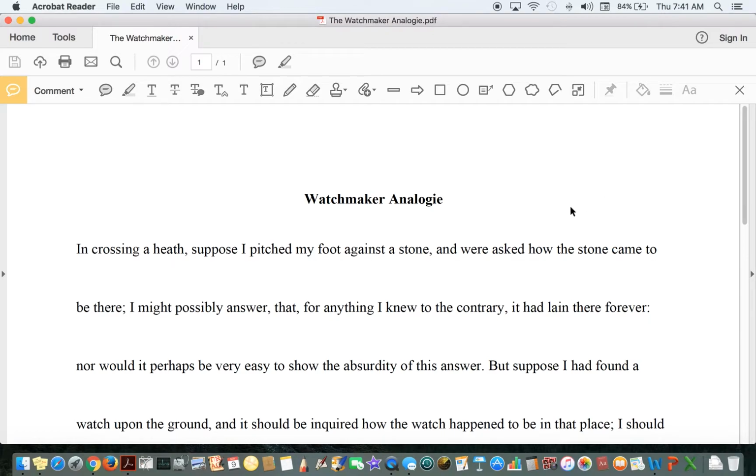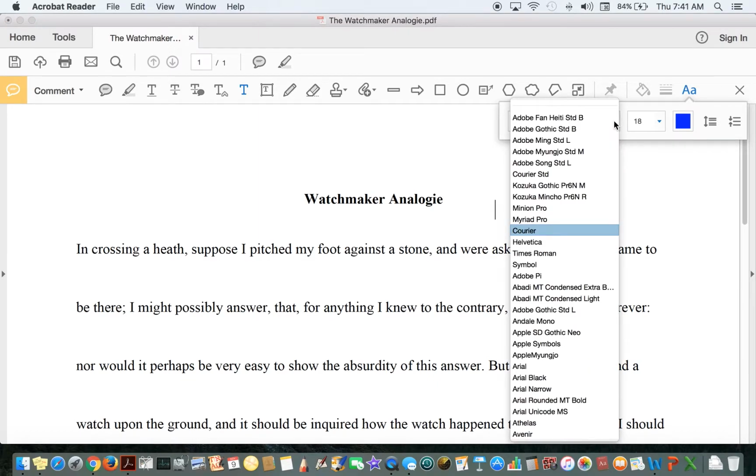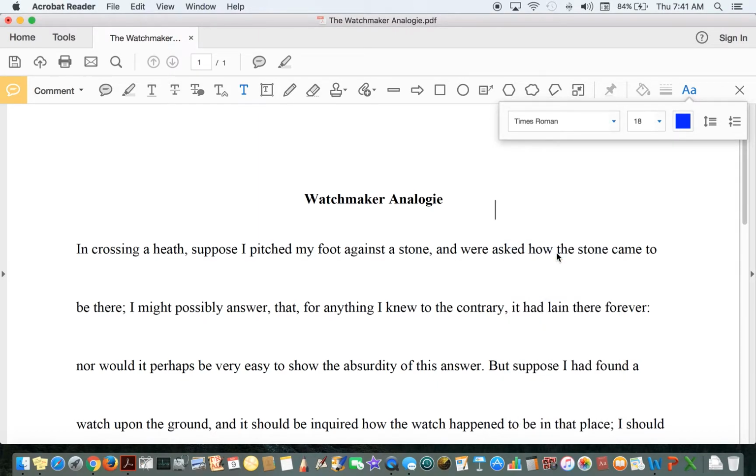So the first thing we want to do is put our name on this document. And you see a number of symbols here. Choose the T right here and then type your name in. Now you can see the double A here, this symbol here. If I click on that, I would like for you to choose Times Roman, size 14, and blue. So I'm going to type my name,